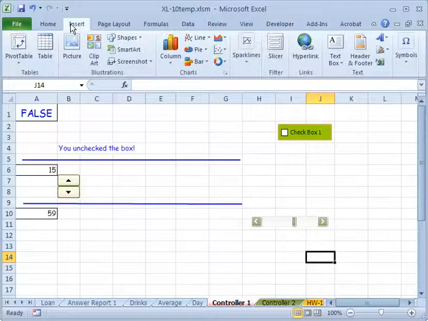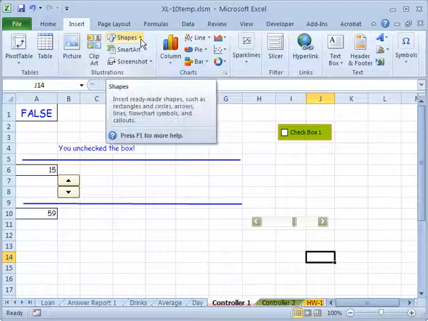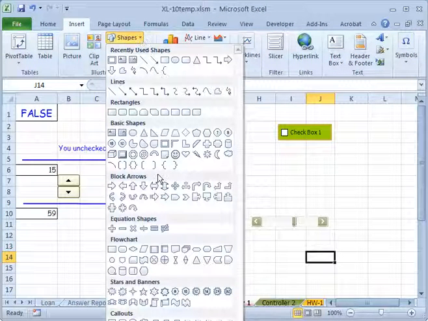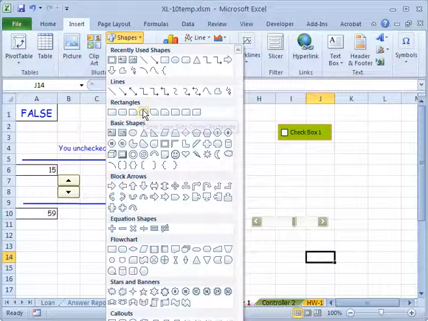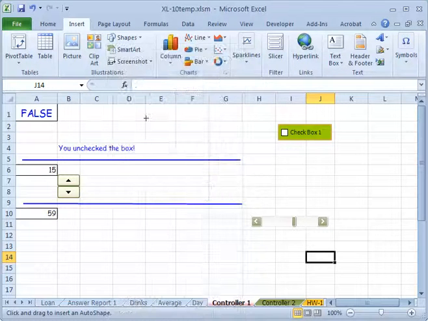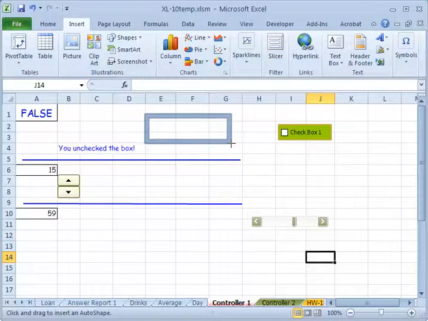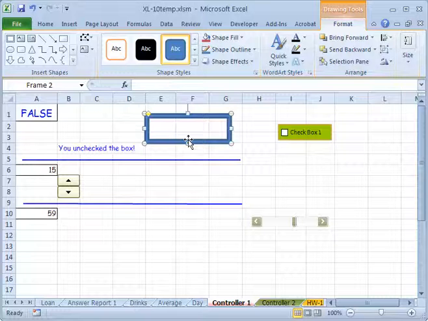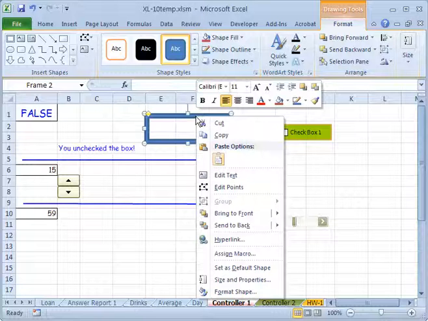if you go to Insert, and in Illustrations, one of them is Shapes, and you have many choices in there, and you can choose anything. Let me just choose this one, and drag it to any place. It makes a box, a frame, or anything you choose. Okay? Then when you right click on it, you have many choices, and one of them is Assign Macro,